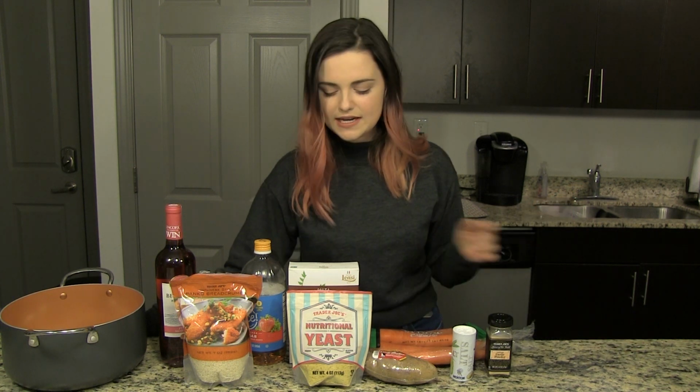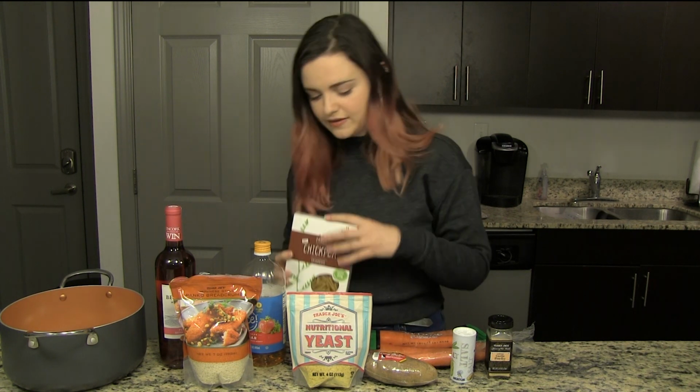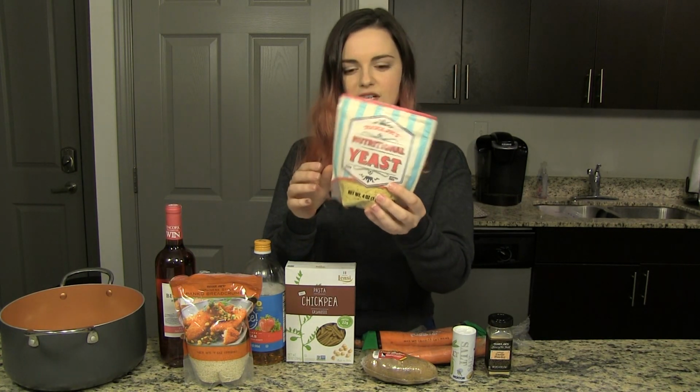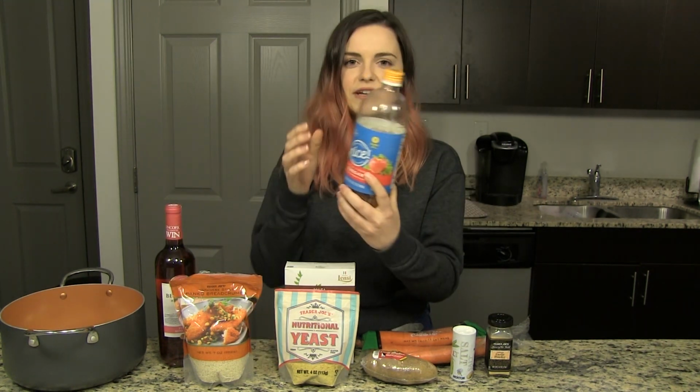So the first thing that we need is obviously pasta, and because I'm an adult who makes good decisions, I chose this chickpea pasta, which has 22 grams of protein, which is apparently a good thing. The other things that we need are carrots and potatoes, nutritional yeast, which is supposed to give it a cheesy flavor, tahini, which is like peanut butter but made from sesame seeds, apple cider vinegar,